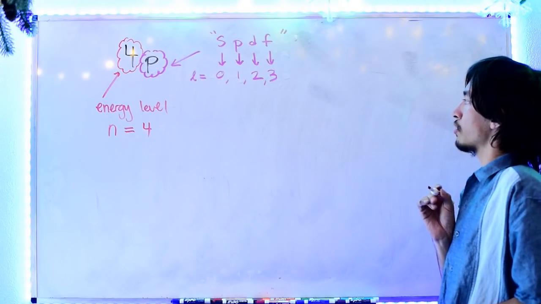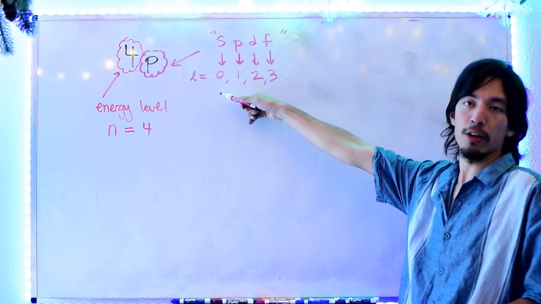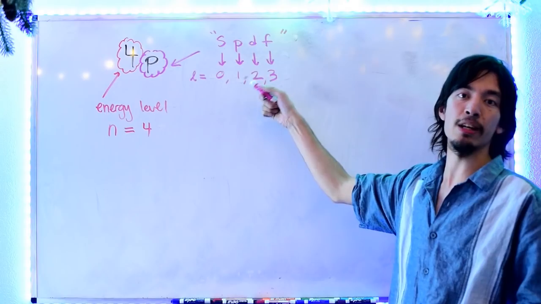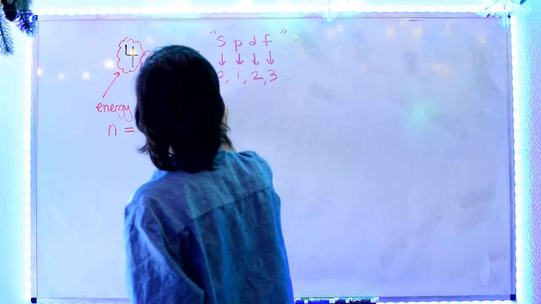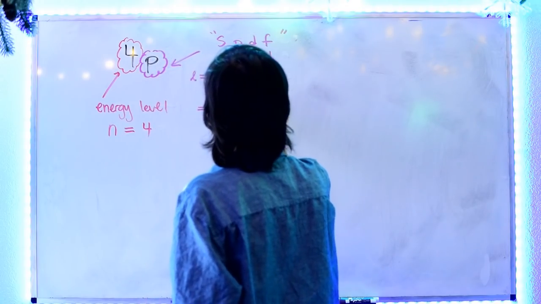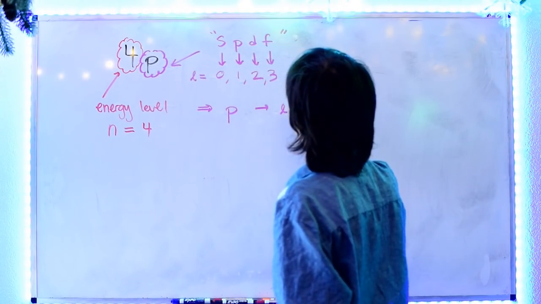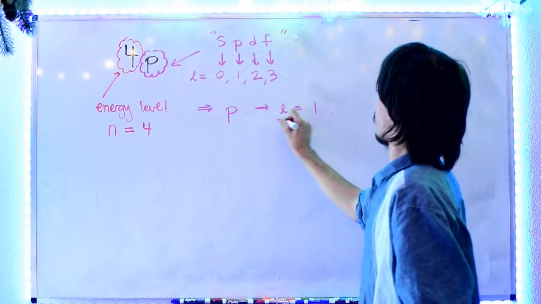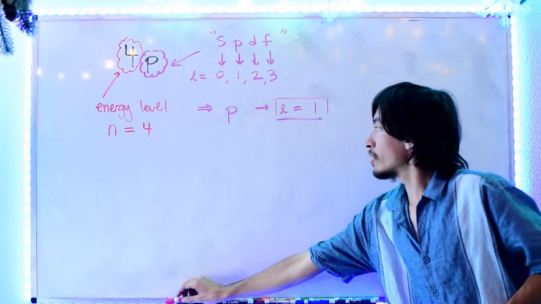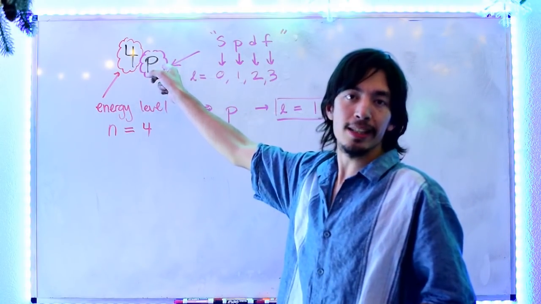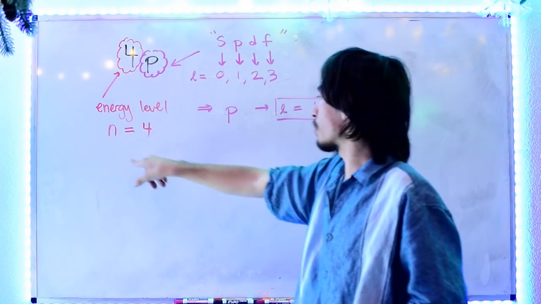So they're telling you the L value when they give you S, P, D, or F. So in our case, P gives us L equal to 1. So essentially, by giving you the 4p state, I'm just telling you that n equals 4 and L is equal